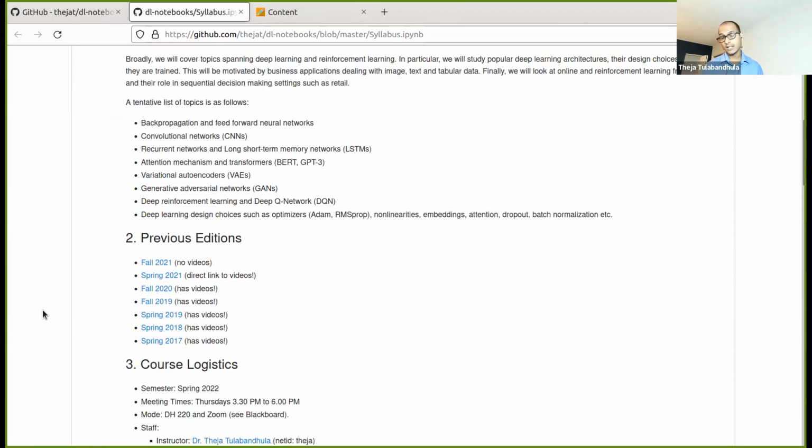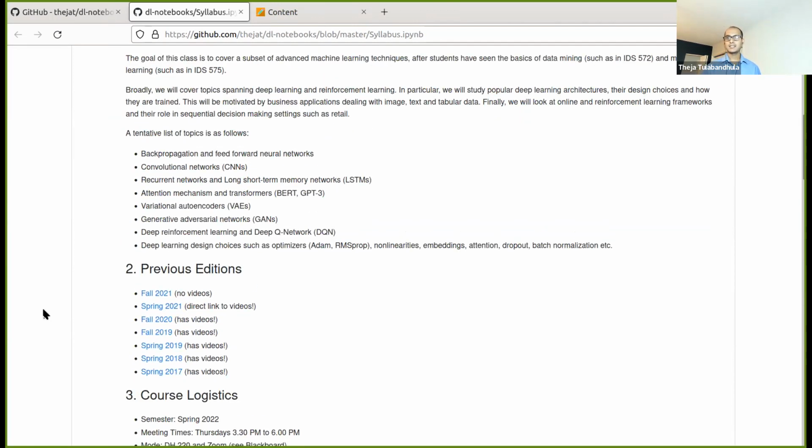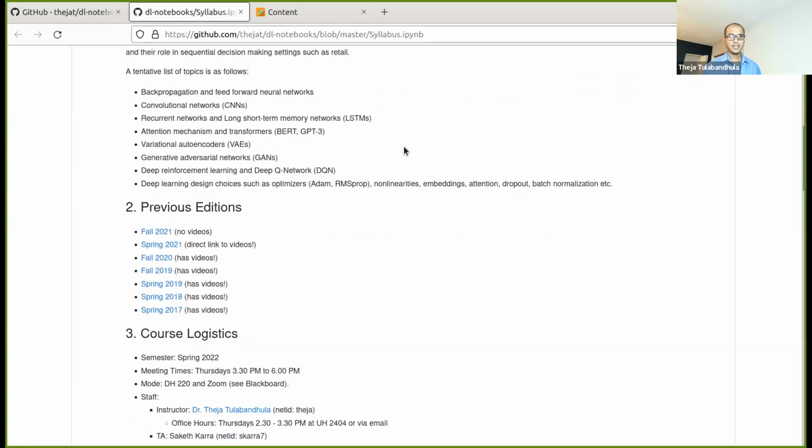We'll look at several popular deep learning architectures, and it's an evolving field. Over the past decade or a decade and a half, it has really grown exponentially, and so there are many models and variants. Instead of looking at all of them, which is hard to do, we're going to look at a few very popular models that have surfaced over the years. So a very short list is here: convolutional neural networks, recurrent neural networks, attention mechanism and transformer architecture, variational autoencoders, generative adversarial networks,